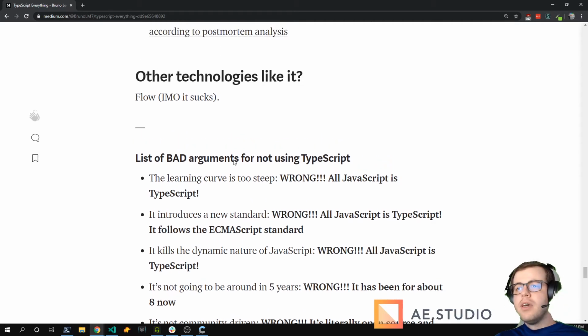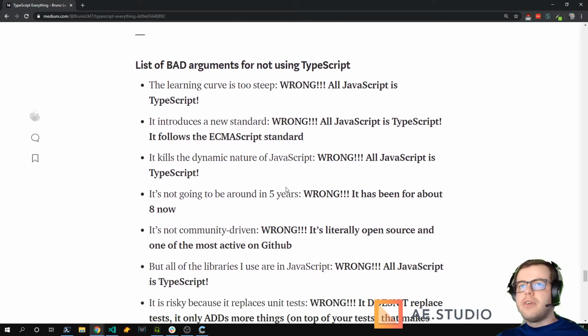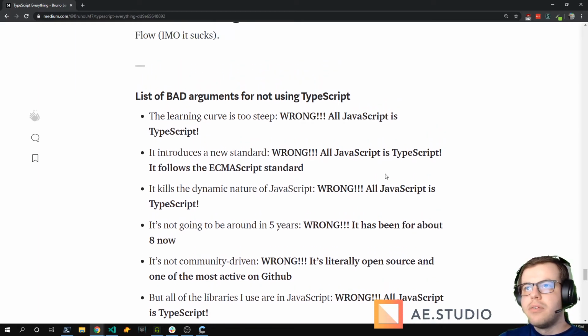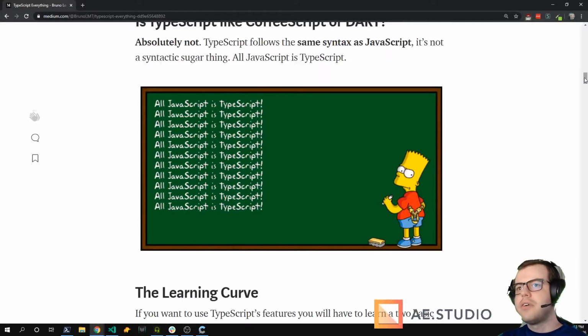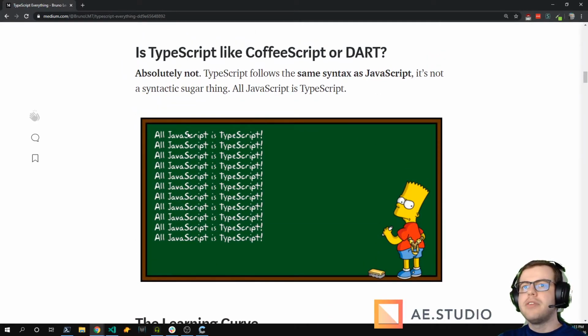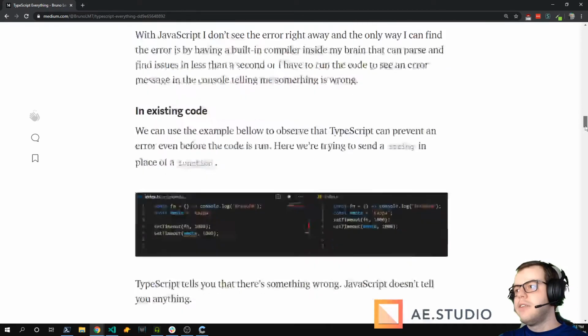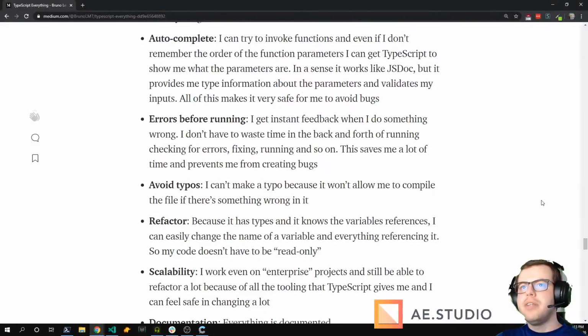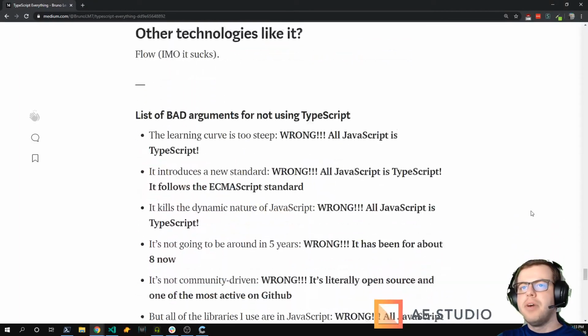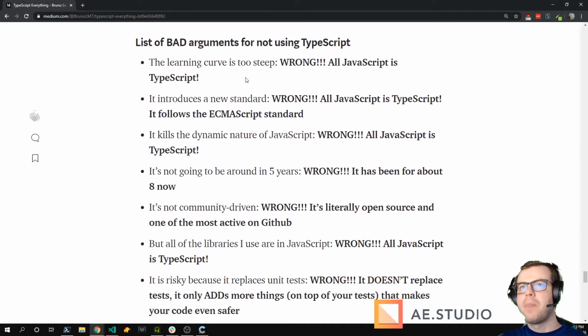And then I also found a lot of bad arguments that people make. So in the beginning of the talk here, I showed that all JavaScript is TypeScript. And then there are a lot of bad arguments that people make. So let's see.